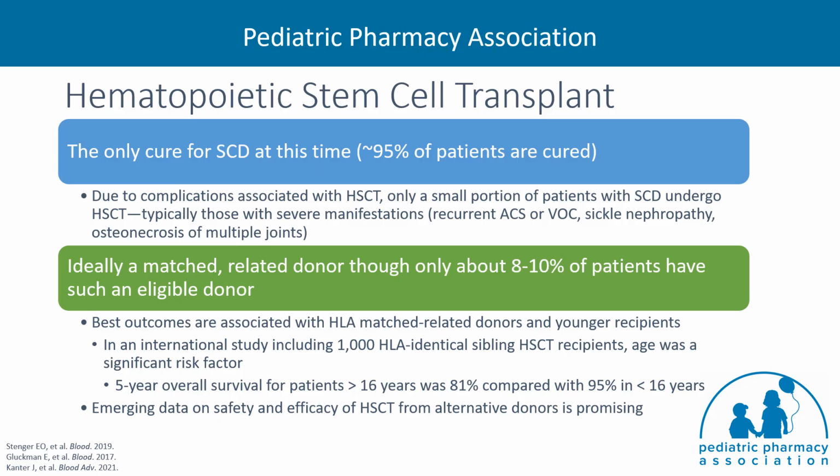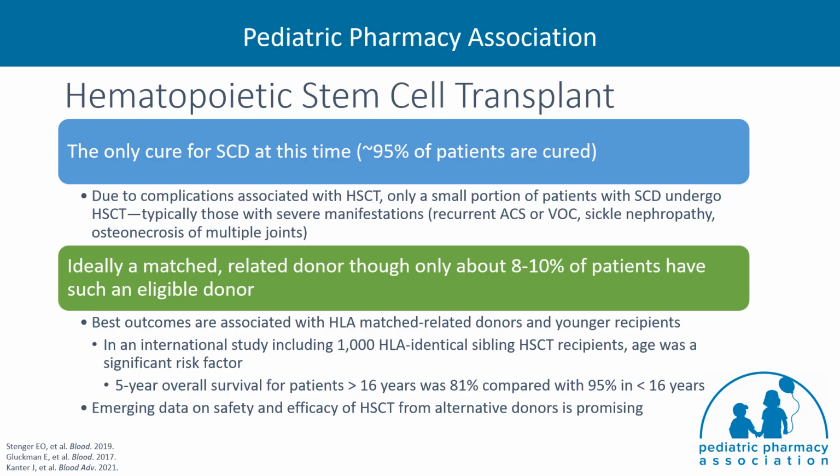However, due to complications associated with transplant, only a small portion of patients will actually undergo transplant. And it's typically those who have this more severe manifestation, such as recurrent acute chest syndrome or vaso-occlusive episodes, if they have any sort of osteonecrosis or sickle nephropathy. Ideally, a patient would have a matched related donor. However, due to the inherited nature of sickle cell disease, only about 8 to 10% of patients have such an